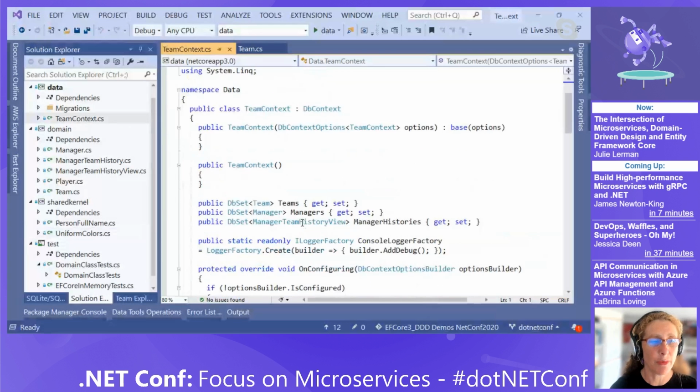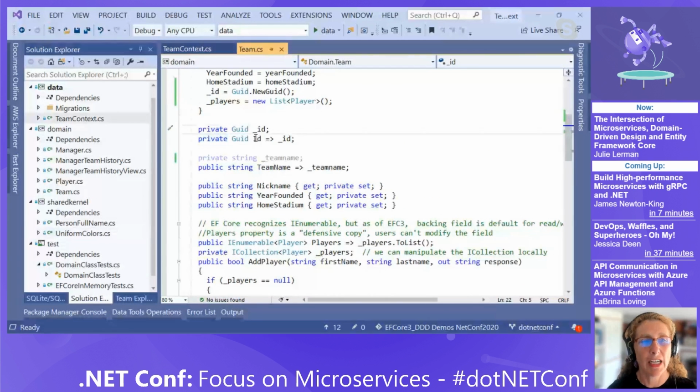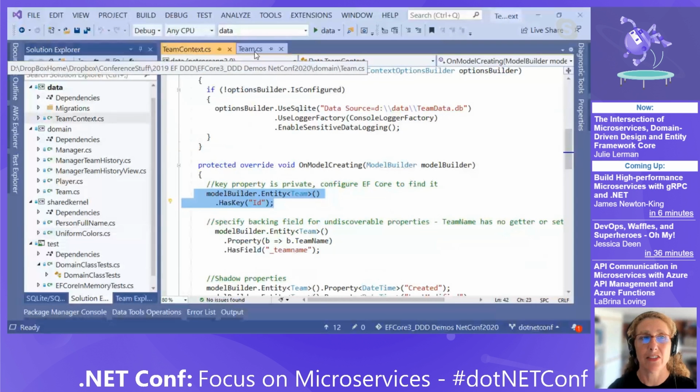So here's the DB context. Because this doesn't even have a getter or a setter, by default, Entity Framework won't recognize it. If it did, it would realize this is here, it would realize it's the key, it would understand that we've got this backing field here. But because I've encapsulated it even further, it's not going to see it. All I have to do is come in here and say, oh, by the way, that ID property is the key property, and now it'll be happy. And it'll also recognize the underscore ID as the backing field.